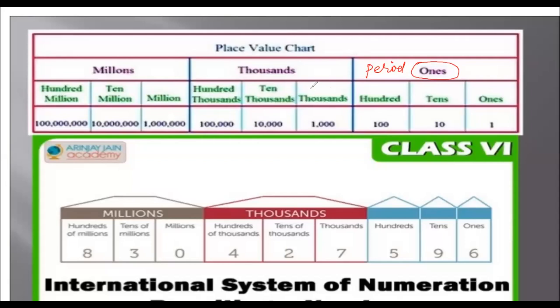They are thousands, 10,000s, and 100,000s. Actually, in our number system, it is the lakhs period. I will show you after what is the correlation between the Indian system and the international system. Then after, these are the millions, 10 millions, and 100 millions. So in our system, it is thousands and 10,000s. After that we get lakhs, right? This is our system. Next 10 lakhs, this is crore, and this is 10 crore. You can easily get the correlation between our system and the international system.